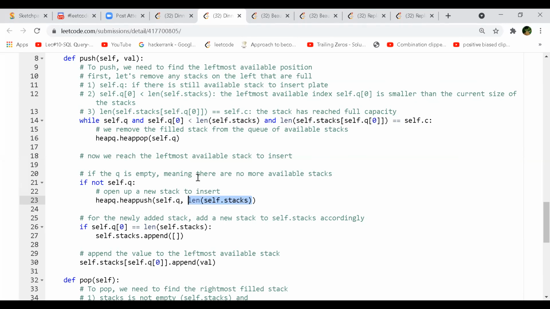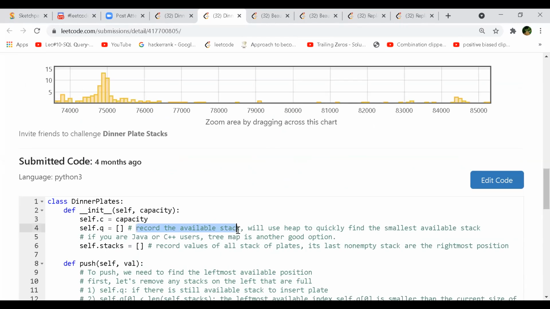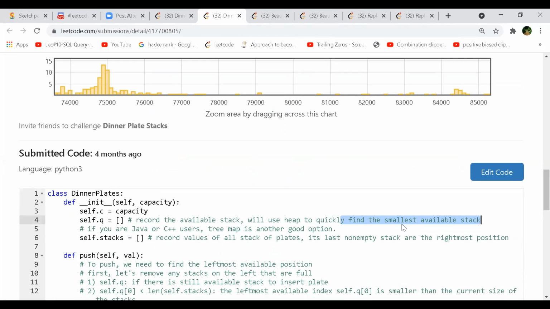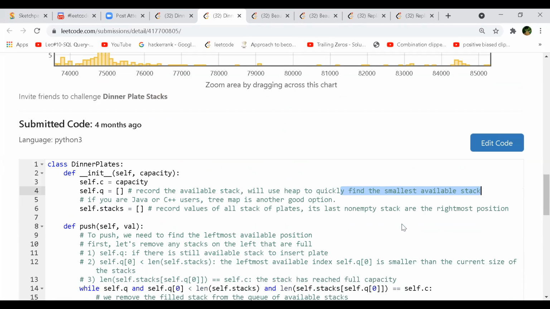It will record your available stacks, and we'll use the heap to find the smallest available stack. So it will do bookkeeping, kind of. For each and every stack in self.stacks, what capacity it is full will be recorded in that self.q, which is a heap. The helping stack, yeah, the heap.